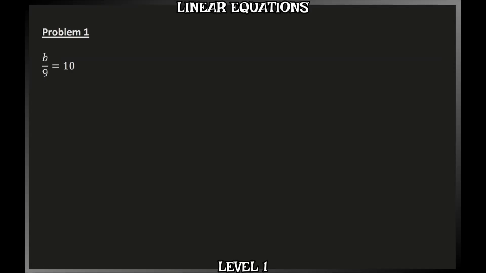In problem 1, we're solving the equation b over 9 is equal to 10. And this means we need to get b on its own. Now on the left-hand side of the equation, the 9 at the bottom of the fraction is dividing b. And the inverse of dividing by 9 is multiplying by 9. So to remove this 9, we can times the left by 9. And this also means we have to times the right side of the equation by 9 to keep the equation